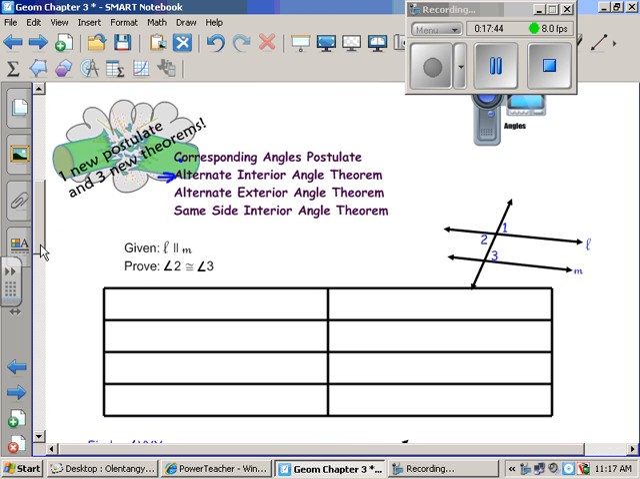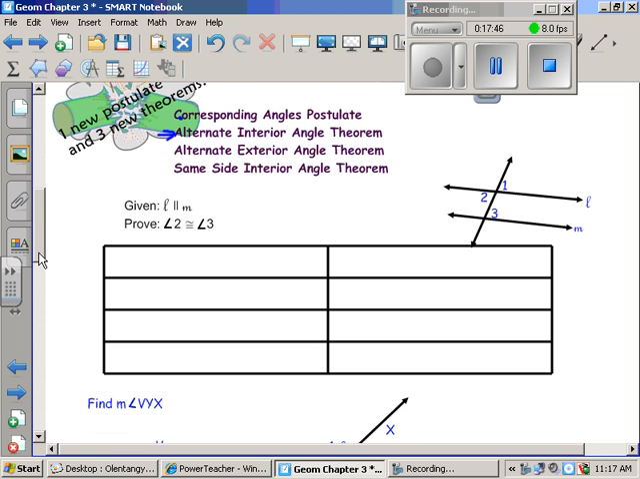All right, so let's prove one, because I know you're missing proofs. It's been almost